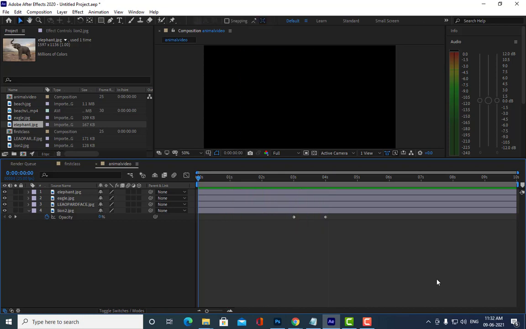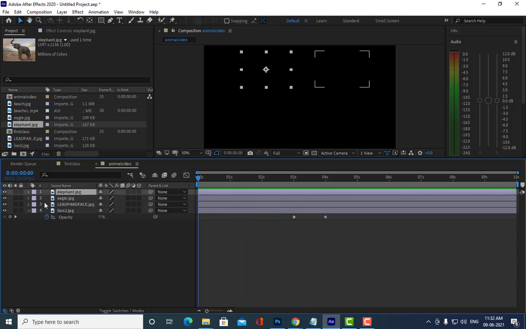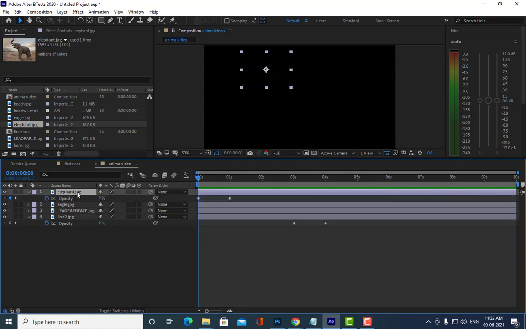So like this, we got an animation, and we will do one more thing here. Because we have animated the opacity, we will also try to animate the rotation. So how can we do the rotation here? We will hit R here. We'll put 180 here, and we will click on the stopwatch.